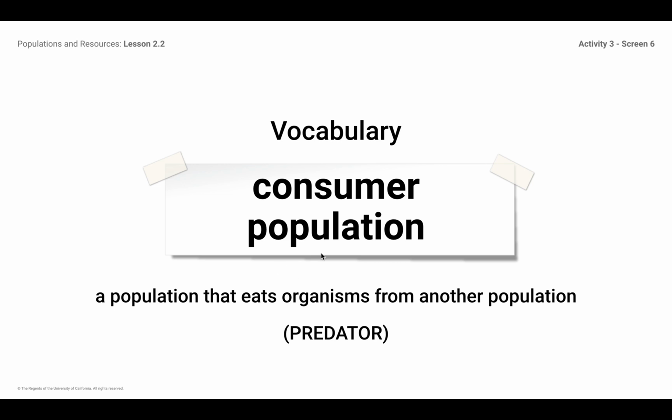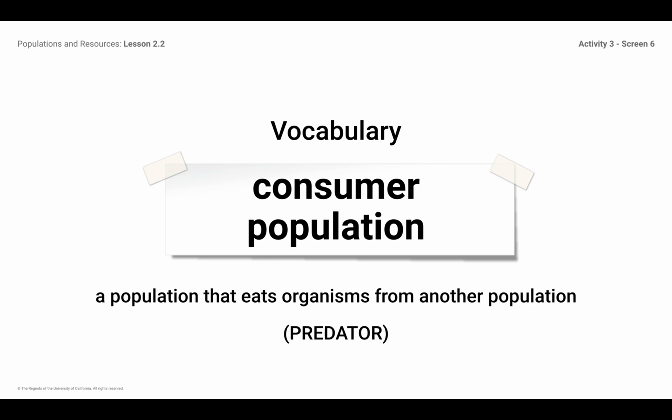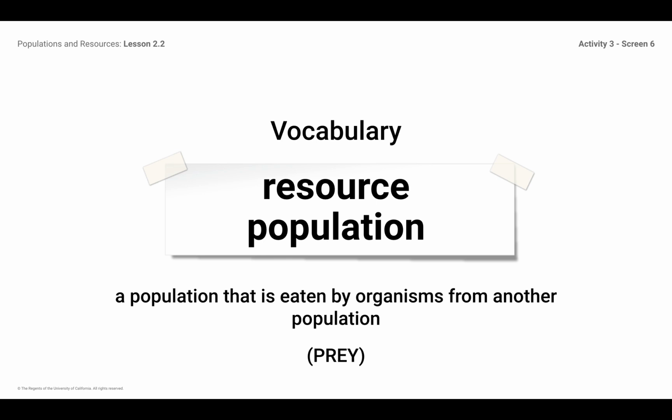So consumer population, we pulled that out of the article the other day. I had you guys write that in the margin, so this should be familiar to you. Consumer population is a population that eats organisms from another population, and that is obviously the predator. A resource population is a population that is eaten by organisms from another population, and that is also known as